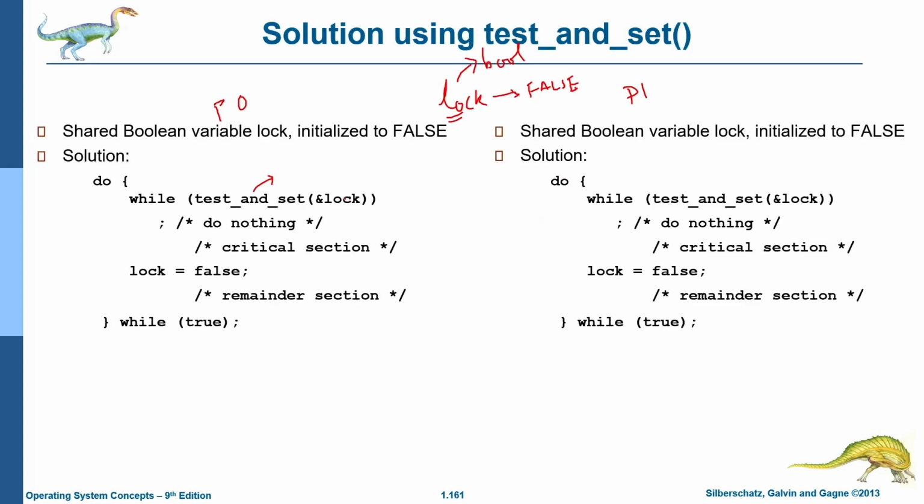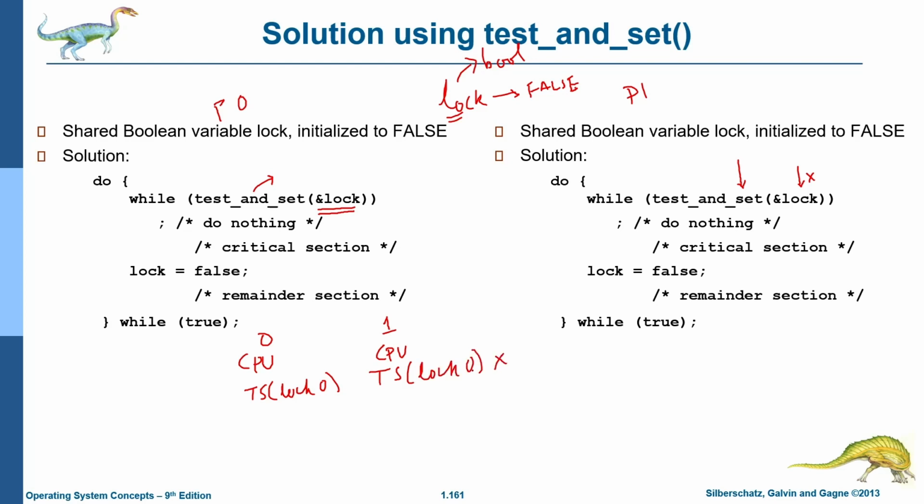Also, this instruction gives you the guarantee that if you are working on this particular lock variable, then another process like P1 will not be allowed to run test and set on the same lock variable. On the same lock variable, you cannot run test and set until the other process is done with test and set. So basically, it can go something like this. On the CPU, you can have the test and set instruction on lock 0 maybe. But while this is running, another process on another CPU, let's just assume there are two CPU cores, cannot run test and set on the same lock